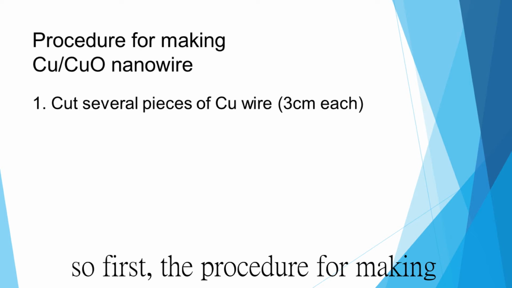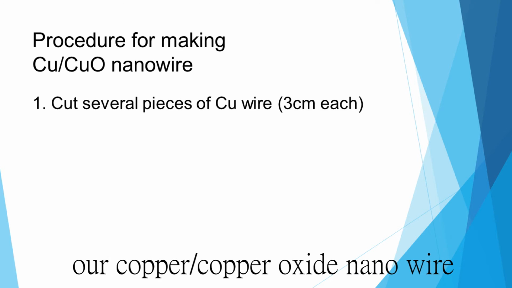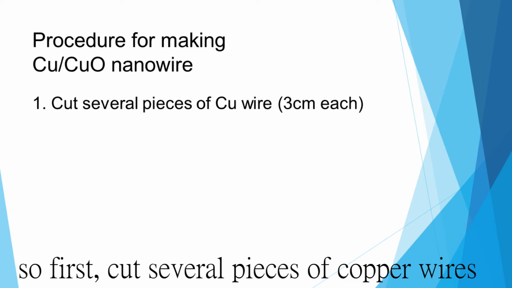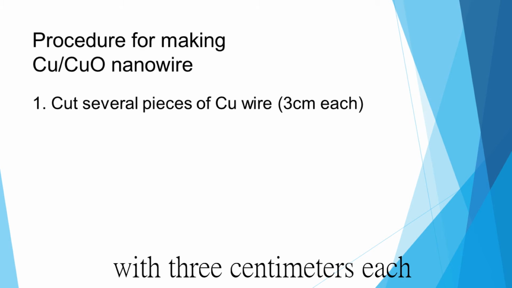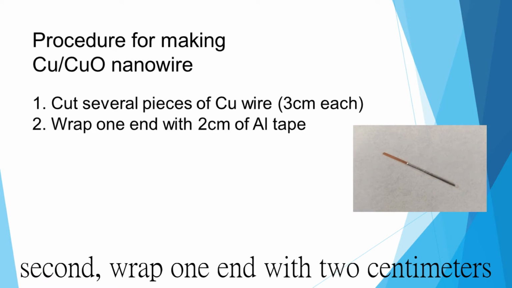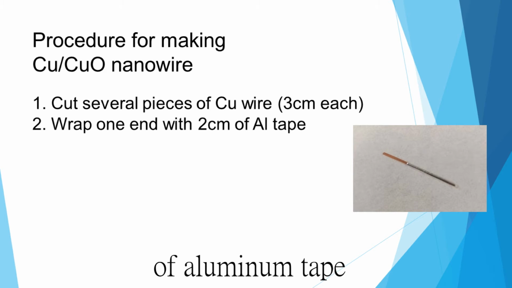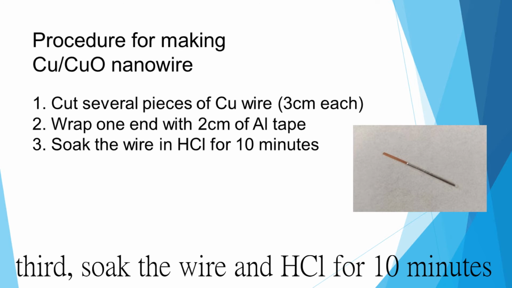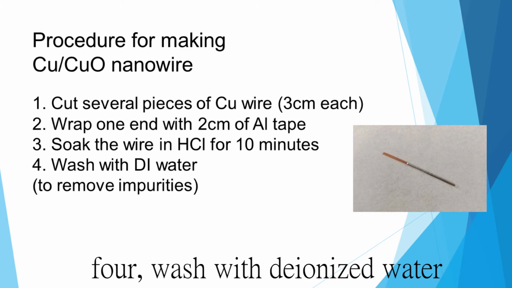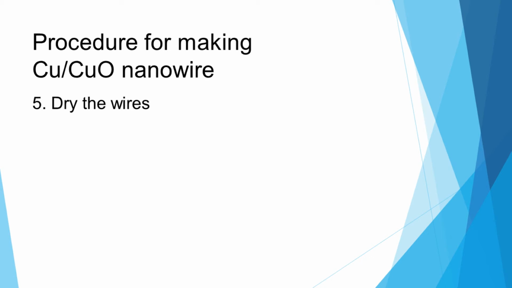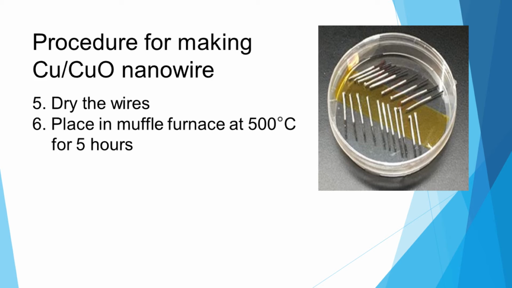Procedure. So first, the procedure for making our copper oxide nanowire. First, cut several pieces of copper wire with 3 centimeters each. Second, wrap one end with 2 centimeters of aluminum tape. Third, soak the wire in hydrochloric acid for 10 minutes. Fourth, wash with deionized water. Fifth, dry the wires. Sixth, put the wires in a muffle furnace at 500 degrees Celsius for 5 hours, then